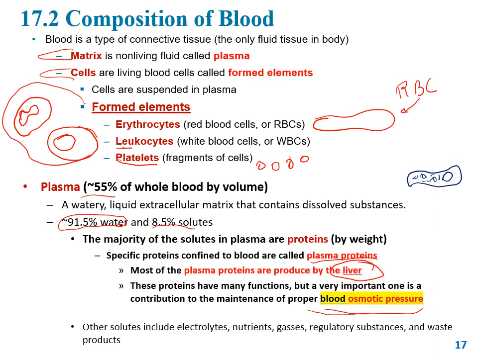If you put this cell in a bucket of water, what is going to happen to the cell? It is going to swell up, right? If you have water here without any protein, or without anything here, then the water is going to go inside of the cell because of osmosis. The cell is going to swell up and burst. So if the plasma of the blood does not have any protein, then your cells are going to burst. Okay? To correct for that issue, now you have